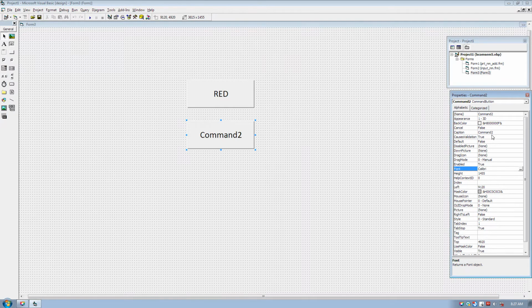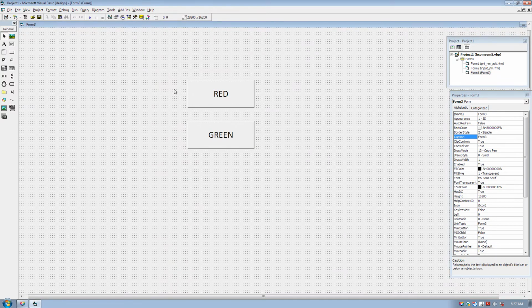I shall change the caption to green. Now did you observe one thing, that I had to repeat all the procedures? That means dragging the command button, changing the caption, changing the font, whatever properties you want to use, you have to set for each and every control.